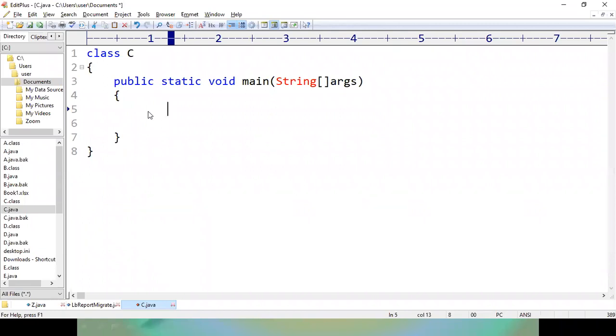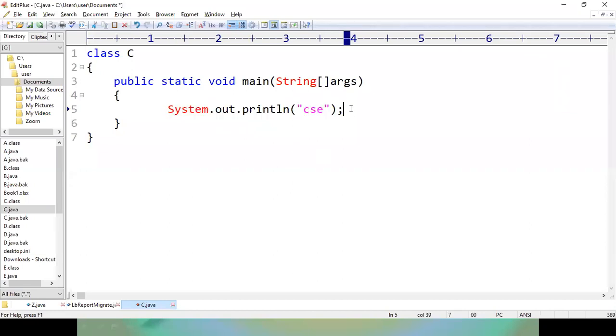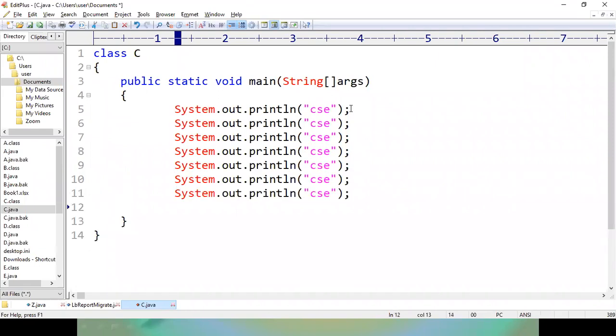For example, if I want to print CSC on the output screen, I can just write system.out.println CSC. If I want to print CSC on the output screen 10 times, we can write this statement 10 times.